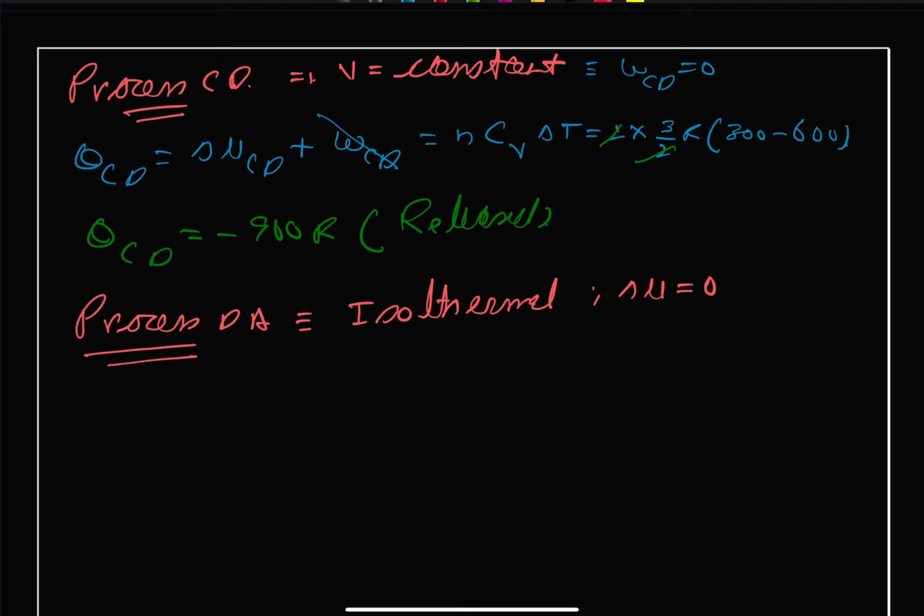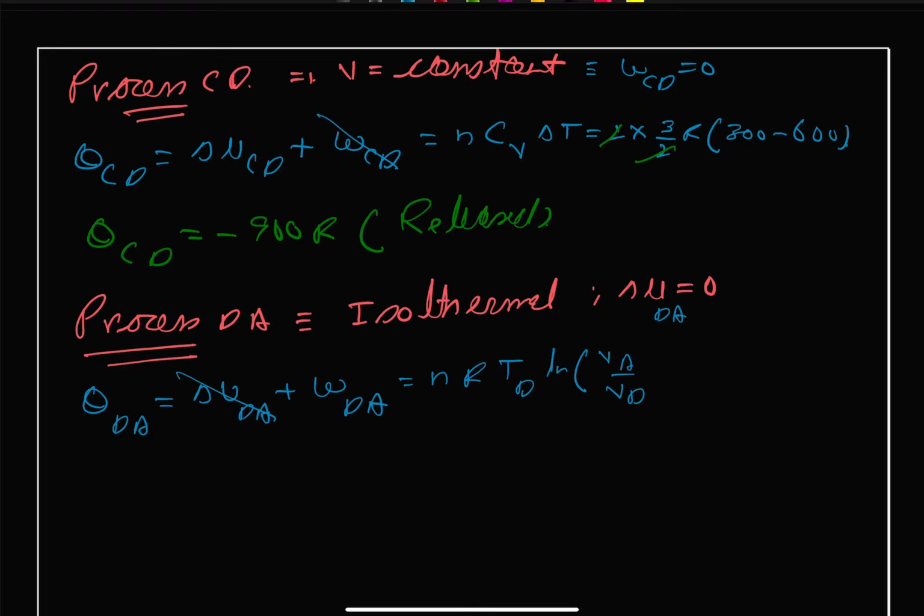Therefore we can write that QDA will be equal to the internal energy change for DA plus work done for DA. Internal energy will be 0, so we can use the work done equation directly, and that is given as nRT natural log of